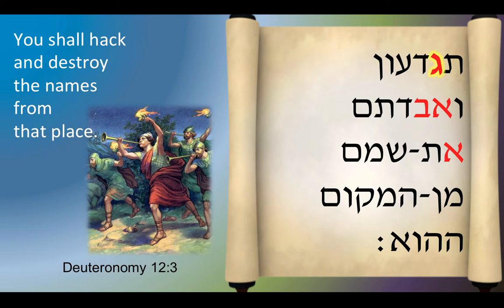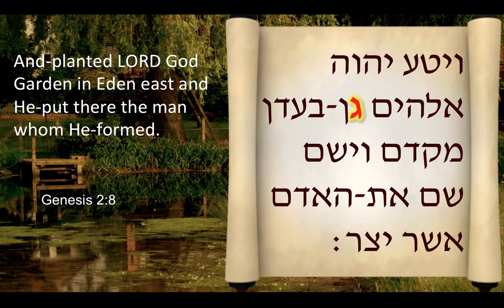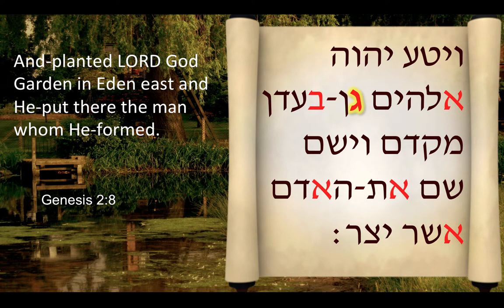And we have some alephs and baits here in Deuteronomy 12:3. So now you know three letters. This is good. Aleph, bait, and Gimmel. And we have another verse here, Genesis 2:8. Pause and see how many Gimmels you can find. There you go. Right there. And don't forget about the alephs and the baits.